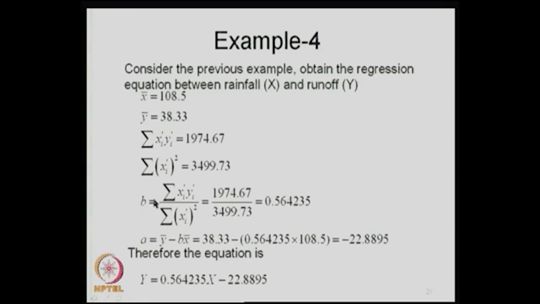and then once you get b, you get a, which is y bar minus b x bar, which turns out to be minus 22.889, and therefore, y is equal to a plus b x, which is 0.564, which is b, x minus 22.895. So, you defined the line completely now by using the data that was available with you,